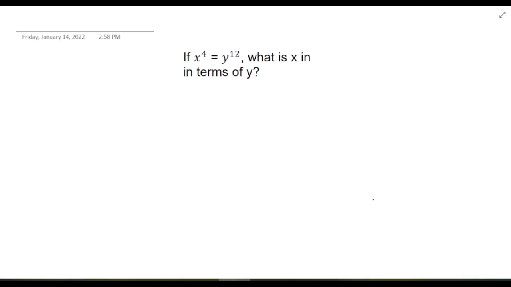Hi. So today I want to look at more SAT questions, particularly ones that require you to know your exponent rules. So here we have a question: if x to the fourth equals y to the 12th, what is x in terms of y? But first things first, I just want to remind you that when we talk about exponents,